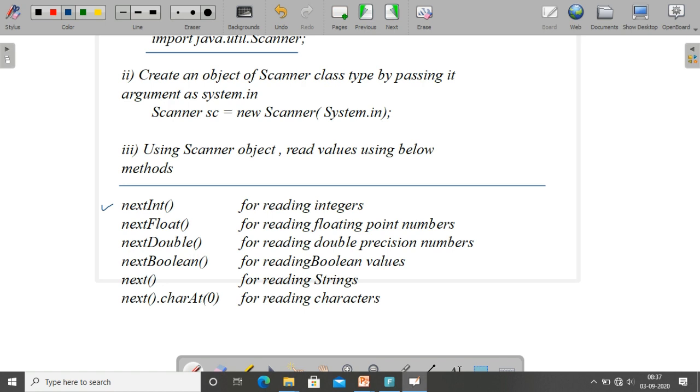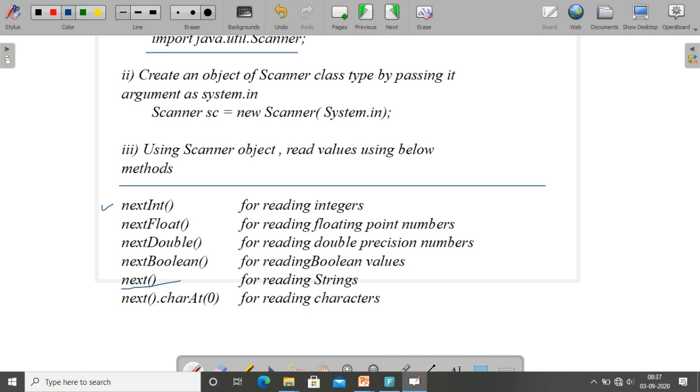If you want to read strings, we can use the method next(). So how will you write? sc.next(). For reading characters, we will use next().charAt(0). Here c is the small letter, A is the capital. So charAt(0). 0 means the 0th position, because in Java there is no direct method to read a character using the Scanner class.